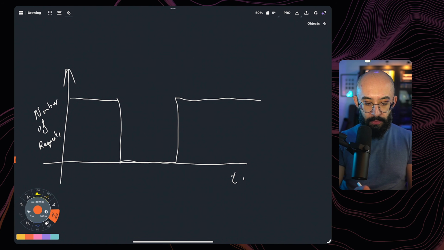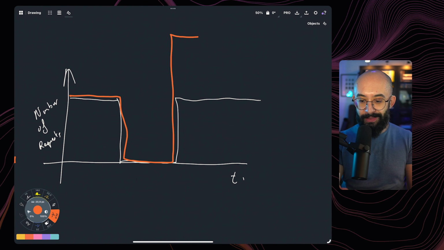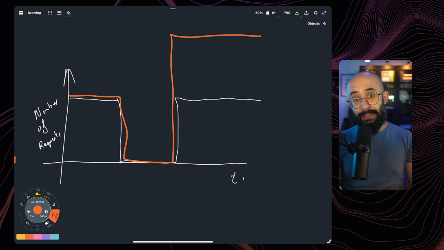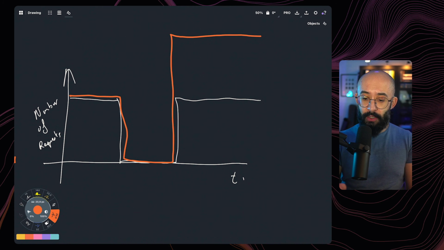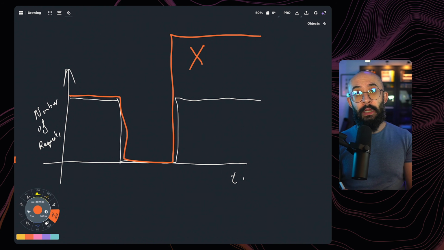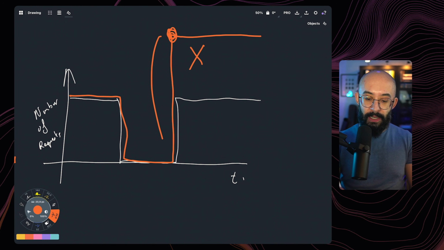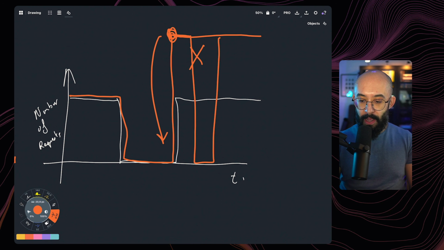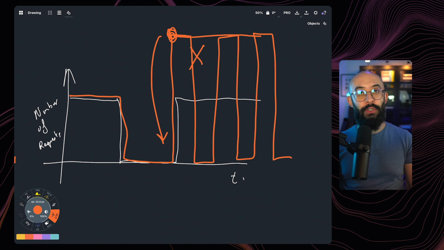Let's take another color. It will look probably something like this. It goes offline, and when it tries to come back online, it might be serving this amount of requests instead, and the service might not be equipped to handle all of this particular load. And this figure here, that just jumped from 0 to that number, could break our service and crash it all over again. So we might end up in a situation where we have something like this, and that's not something we want to see at all in any of our charts.